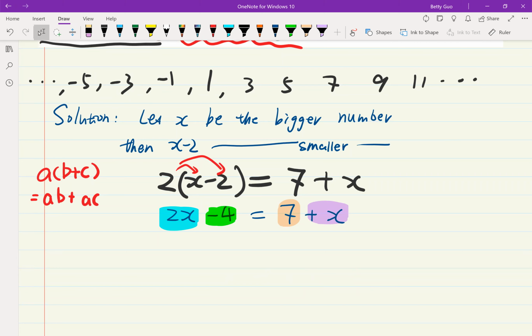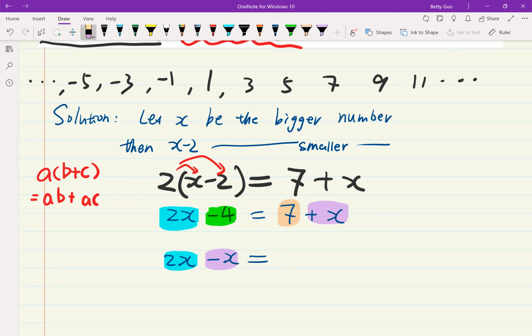Again, you see this equal sign is the anchor, right? I want a blue and a purple on the left. Okay, I bring down blue. Nothing has changed. I'm going to move the purple over. Positive becomes negative, right? Whenever you move a term from one side to the other side, you have to remember to change the sign to the opposite. Super, super, super important. Do you see that here? Okay, on the right,